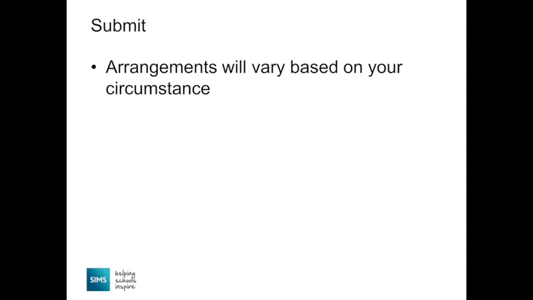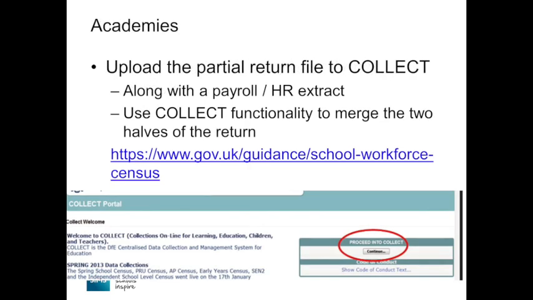You would for academies, if you've got a range of options. If you're uploading direct to collect, you can get a partial return, a compliant file, a file in the right format from your payroll provider. You can upload a partial return and then merge the two halves in collect. So you've got bits of information that only the school knows, bits of information you've got in the HR system, you can merge them. Alright? If you're uploading a full return,